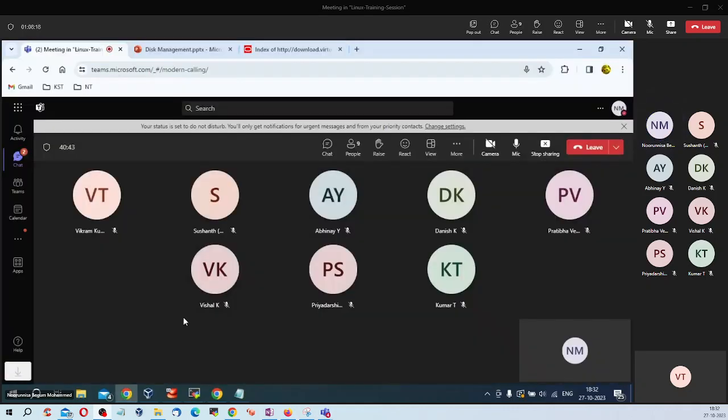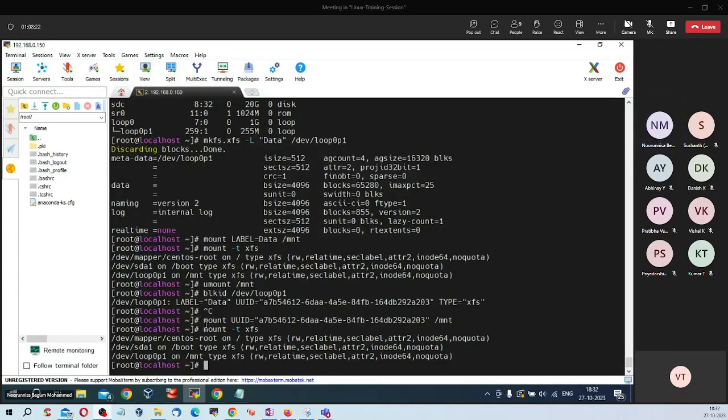We can also persist loop devices across reboots. How we can